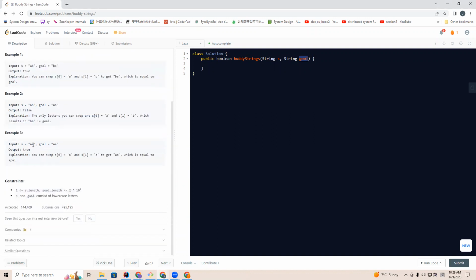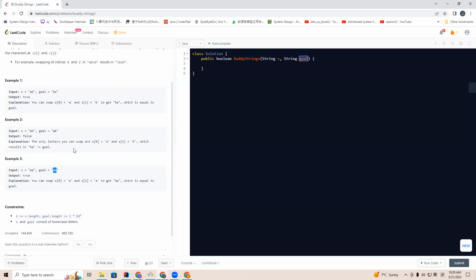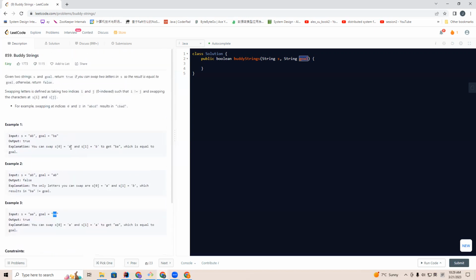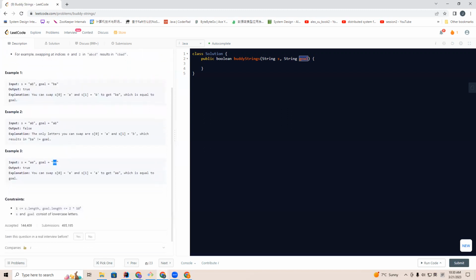The third example, AA, and the Goal is also AA. If we swap the first and second A, we get the same as Goal. So for this question, we need to find the rules. We'll say, if S equals Goal, if they are the same,